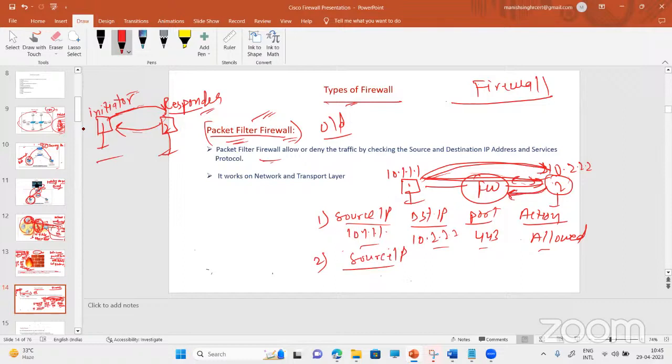Okay, so the source IP now becomes 10.2.2.2. Now the destination becomes 10.1.1.1, and the port number would be the same, port 443, and the action is allowed. Sorry, the action is allowed. So likewise, guys, in the earlier days with the packet filter, we had to create two